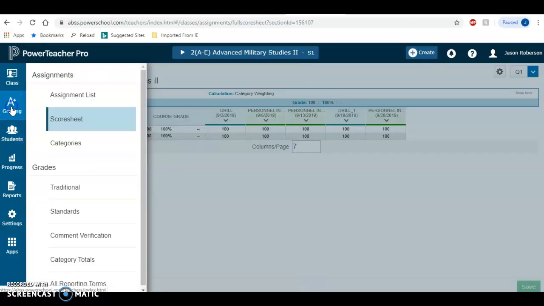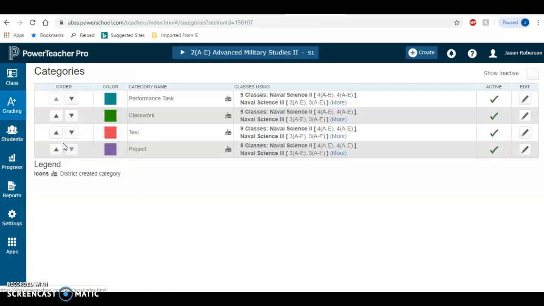That's not what I wanted. Grading, into categories. So I've broken down how I'm going to grade them for this semester. The performance task is basically for them to wear their uniforms on Wednesdays for drill or for PT. The classwork is more participating in the drill performances that we do, as well as practicing drill on those days that we do it. The test piece here is the academic piece for the ROTC program, and then